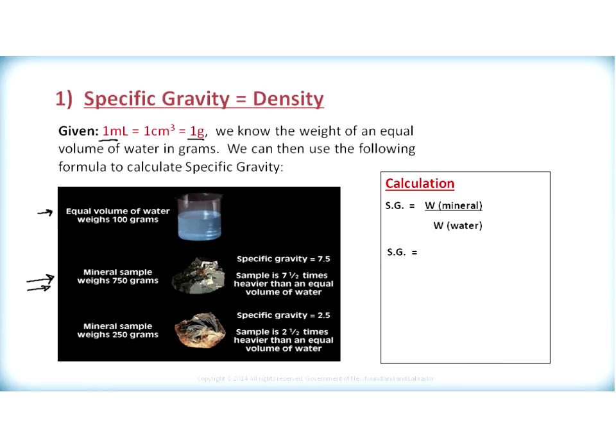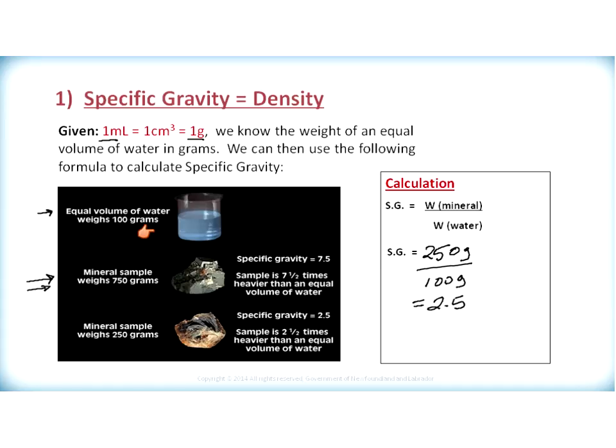So to calculate the specific gravity of the second example, we know the weight of the mineral was 250 grams. Divide that by the weight of the equal volume of water, which is 100 grams, and we obtain a value of 2.5. So the specific gravity of the second example was 2.5. So what that actually means is that the mineral sample weighs 2.5 times greater than the equal volume